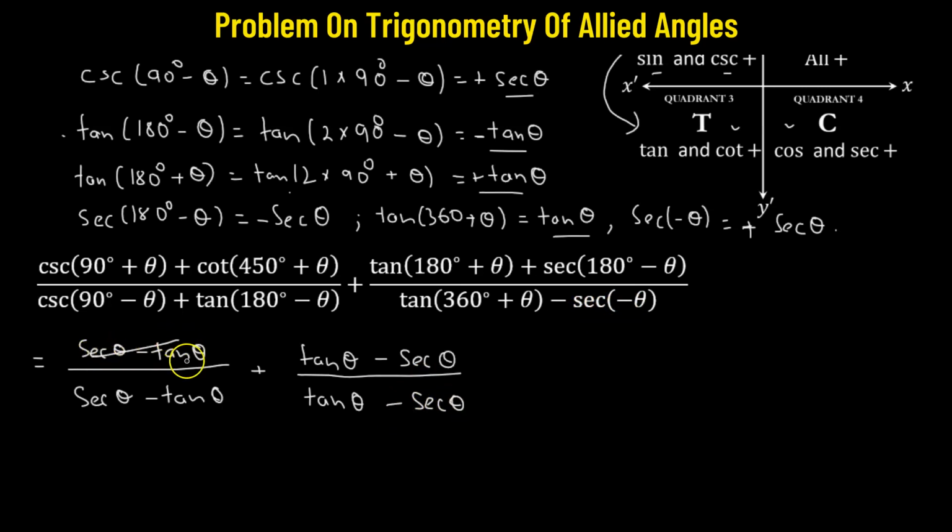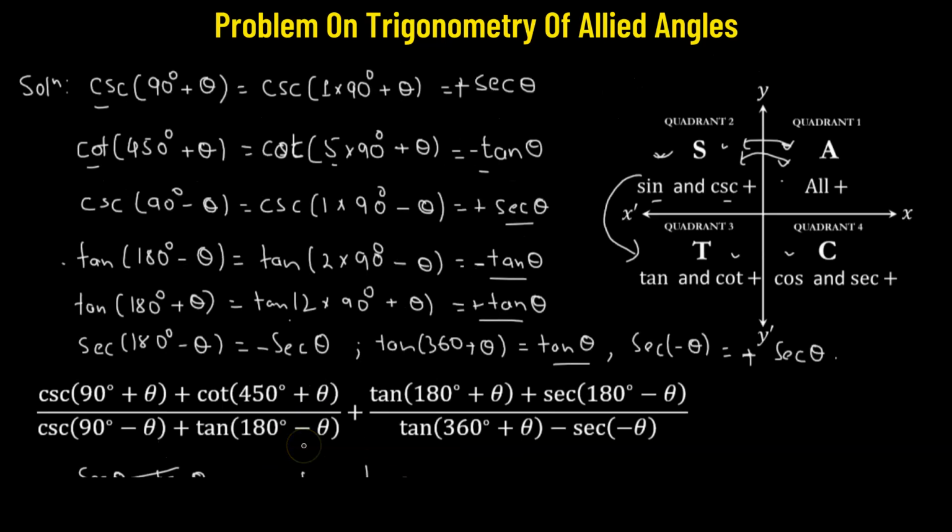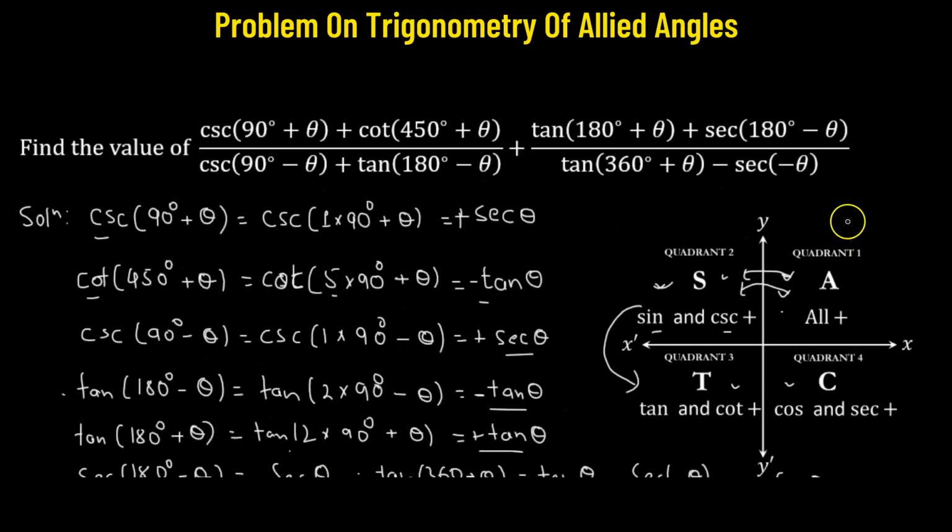So secant theta minus tan theta gets factored out from the numerator and the denominator, leaving us with 1. Similarly, in the second fraction or the second term, tan theta minus secant theta also factors out to leave us with 1. And this is going to give us a value equal to 2. So that means the value of this trigonometric expression is equal to